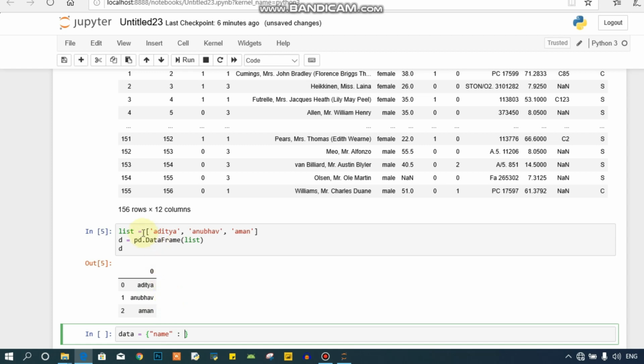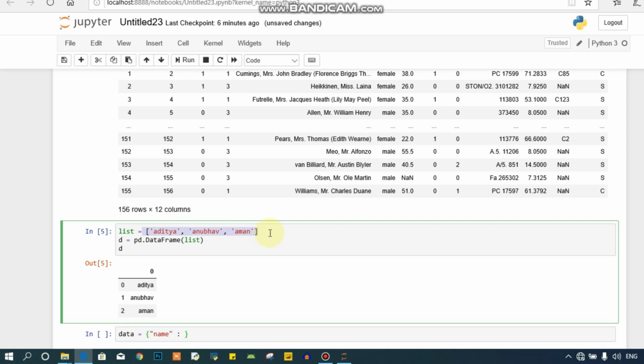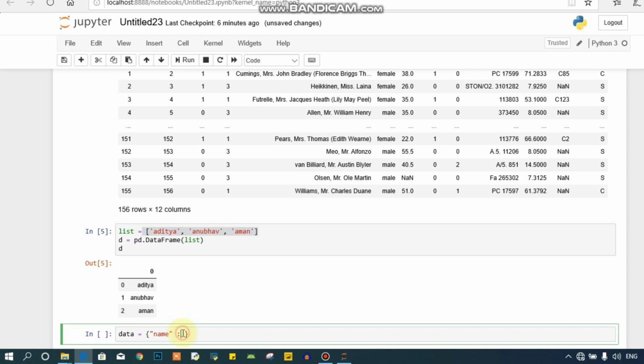I will use this name only. Same thing, I'm going to copy this and paste it here, and I will also use an age column, age, and I'm going to pass some ages inside a list. Let's suppose 21, 22, 23. Okay, so this will be a list, not curly brackets.